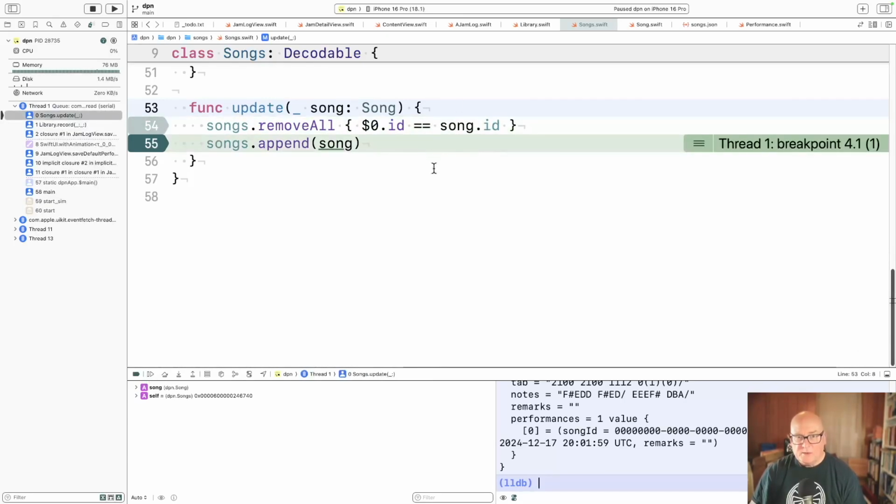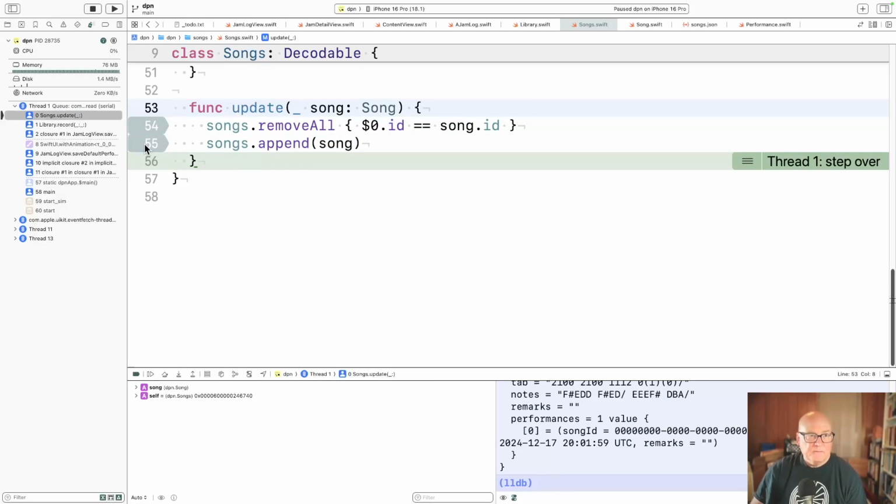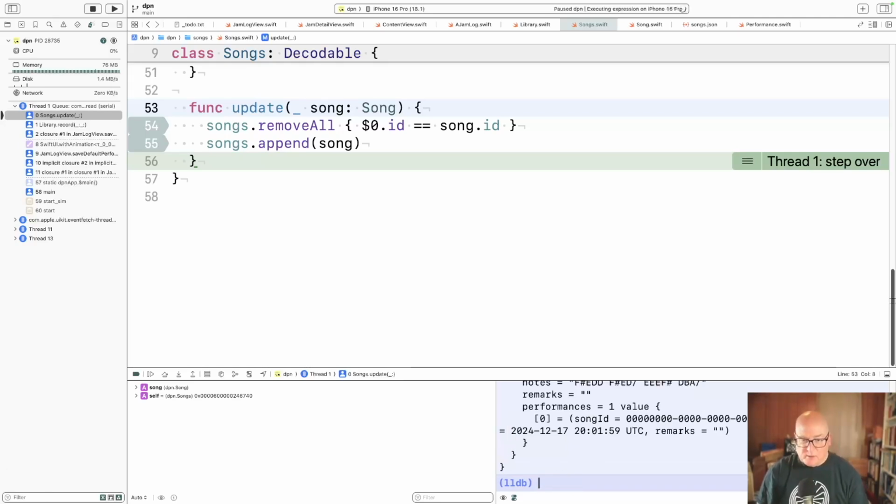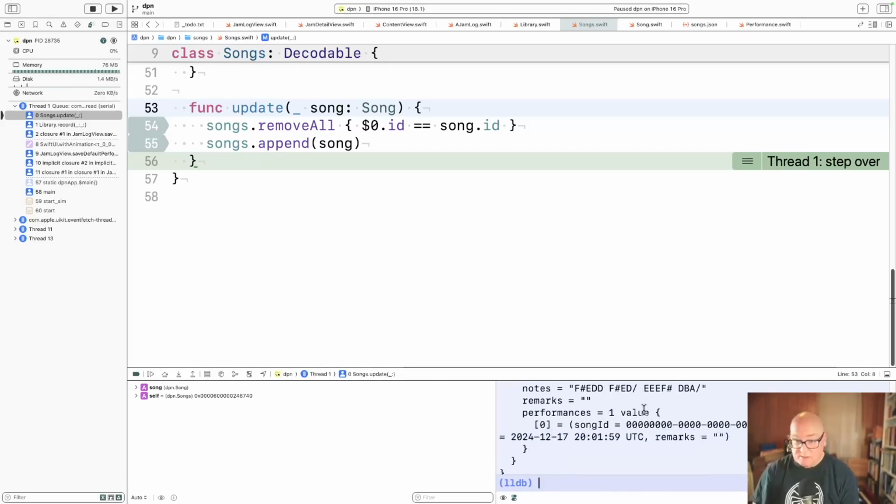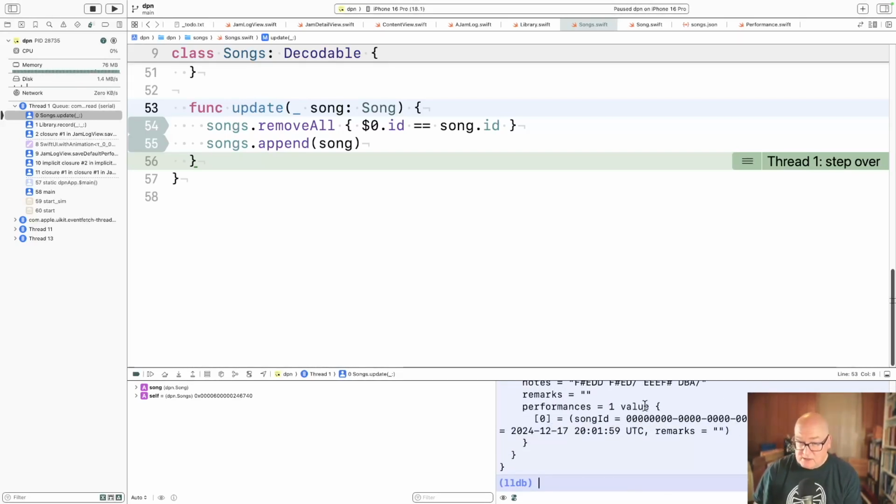I think remove all was stopping at each line for me. Okay, songs.append song, and I step over. Now songs should have waterbound, and waterbound should have a performance, and will be the last because we just append. Okay, so that looks good.